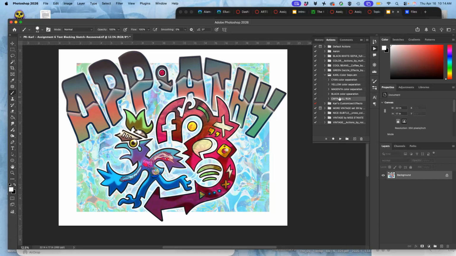If I wanted just the black, I would use this one. If I wanted magenta, I'd use this, yellow, this, cyan, this. This is going to give me all four and a separate file that combines them all. So I select the VHS tape for CMYK full run, and then I press play. And then I stand back,